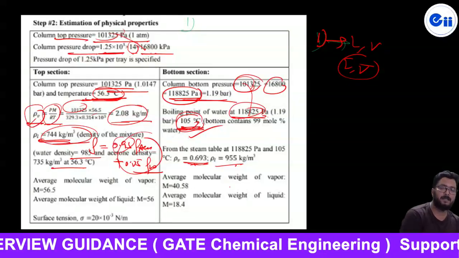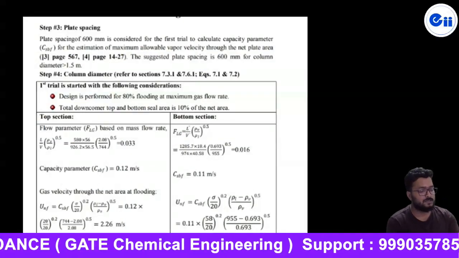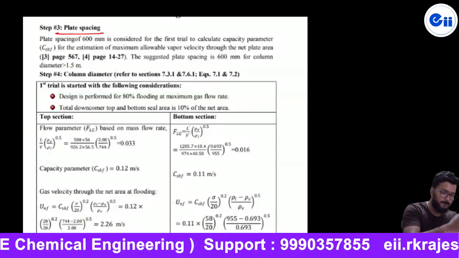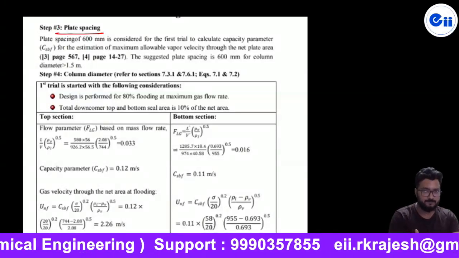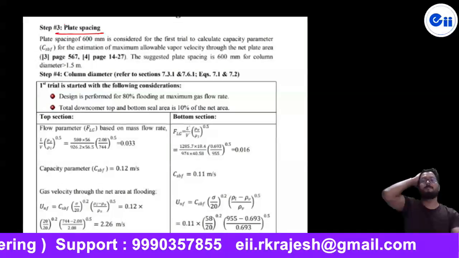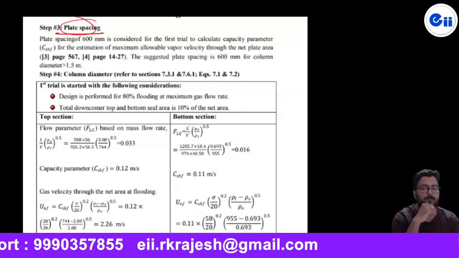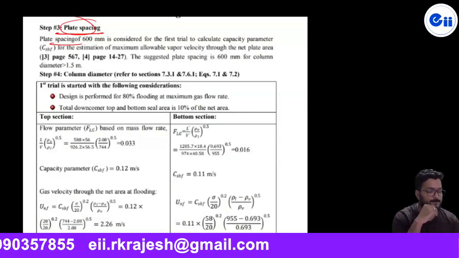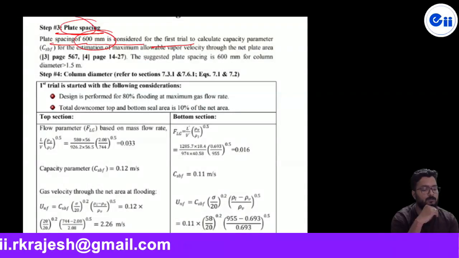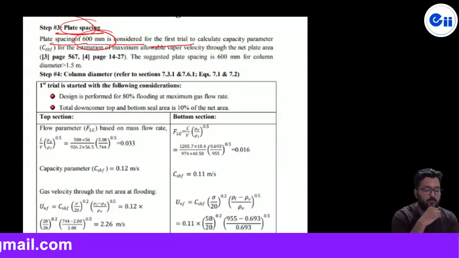तो मेन पर्पज यह है कि हमें प्रॉपर्टी निकालना है, इस तरीके से प्रॉपर्टी हमने निकाल ली अल्टीमेटली। नाउ उसके बाद से जो थर्ड स्टेप था, पहला स्टेप क्या हो गया याद होगा, पहला स्टेप हमने लिक्विड एंड वेपर फ्लूइड्स वी हैव कैलकुलेटेड इन द रेक्टिफाइंग एंड इन द स्ट्रिपिंग. Second step, we have calculated the physical properties like density of vapor and liquid, and third step is assume the trial value of plate spacing. The plate spacing 600 mm is considered for the first trial. First trial के लिए हम जो spacing यूज कर रहे हैं वो 600 mm है to calculate